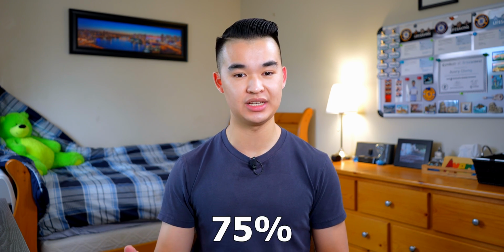The labs are due each week, while your projects are usually given with 2 to 3 weeks of working time. One note about ELEC 291, if you do only everything that is required for a lab or a project, you're capped at 75%. The only way to get above 75% is to add bonus features or extra functionality to your designs. And those are pretty much all of the courses that you're going to take in your second year of